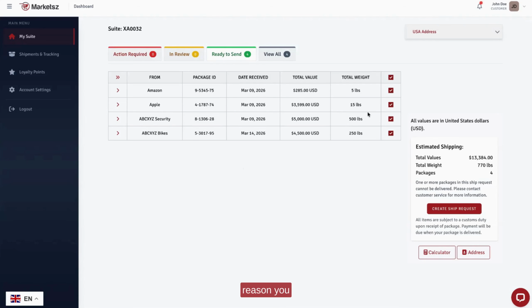But if for any reason you do want to, for example, send one package to one specific person and the other package all goes to your default shipping address, you can always uncheck them here and then create basically the ship request. But for the sake of this tutorial, let's assume that the Amazon and the Apple, I want